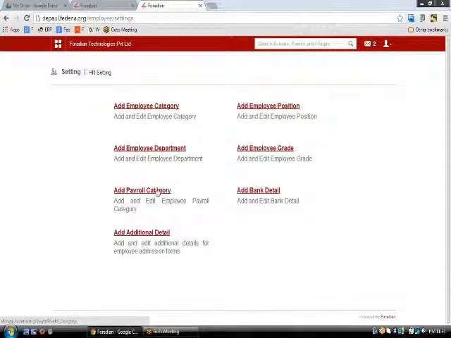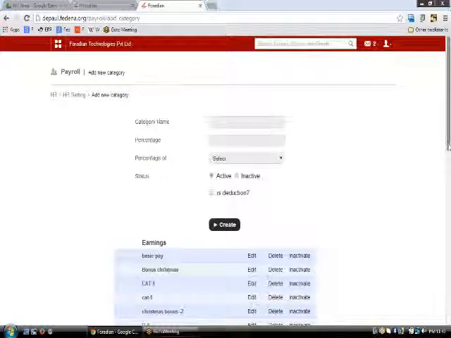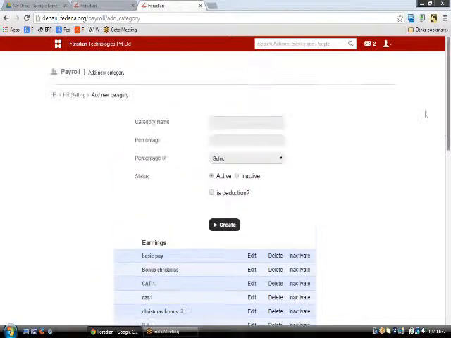Now let's go to the add payroll category. In add payroll category, you will be able to create some different categories which are to be available in the payrolls of the employees. To create a category, you need to type the name of the category, like let us say I'm creating here bonus,